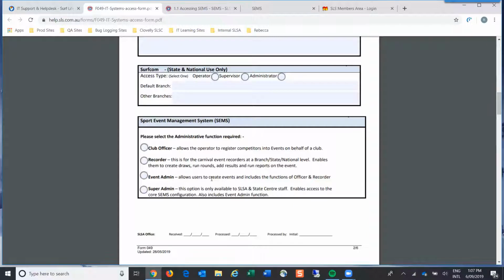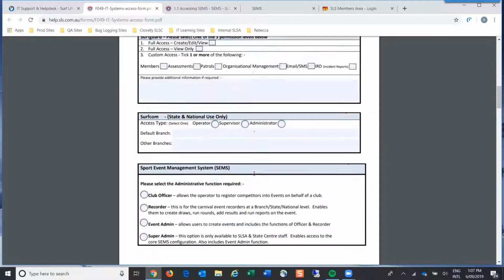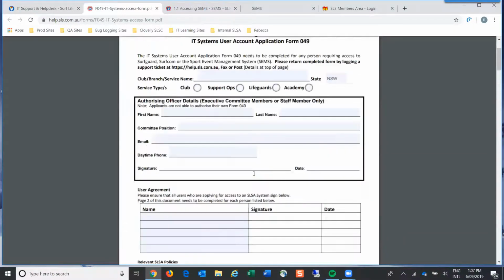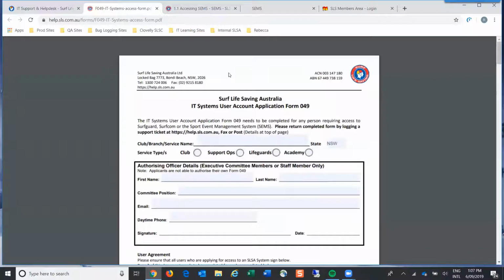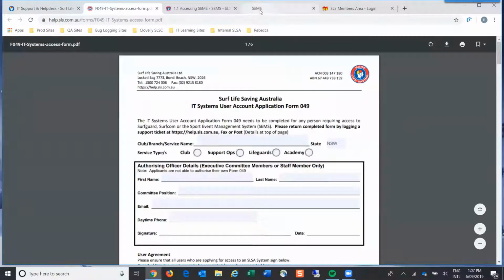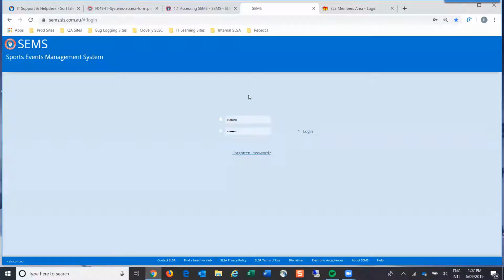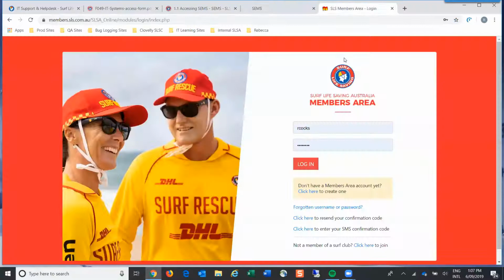Those are probably the main ones, and most of you will probably be getting club officer access. Once we receive that completed, signed off Form 49, we will assign you SEMS access to your relevant organisation, and then you will be able to go to SEMS with your username and password, which is the username and password that you log into the members area with.